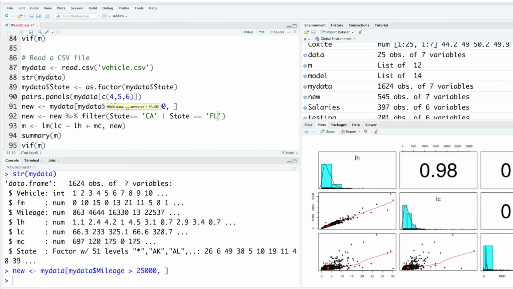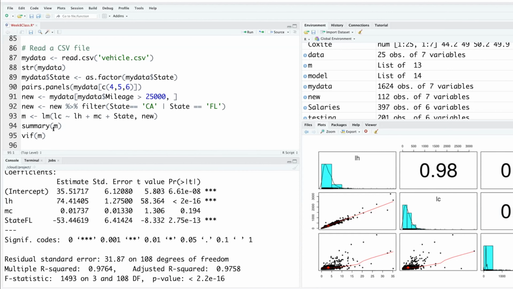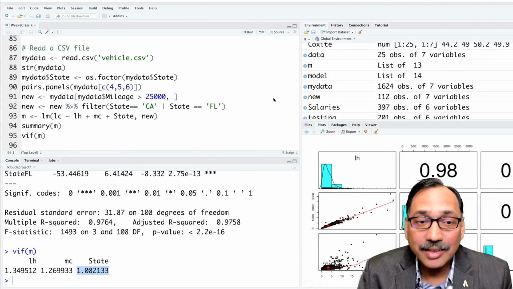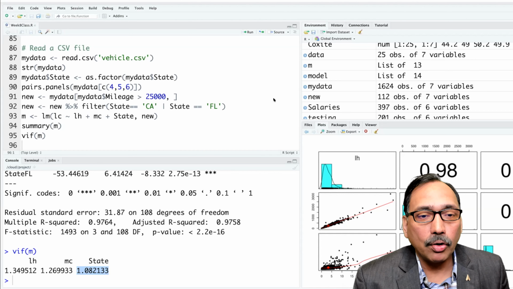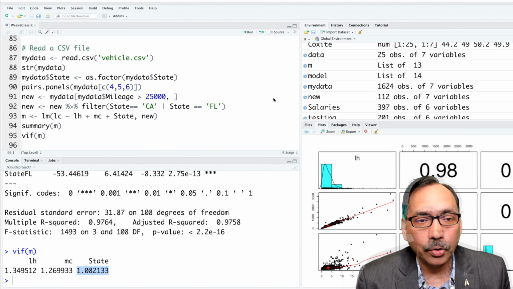So suppose we only do 2 states. Now we do plus state. You can see now state is also significant. Check VIF. So although state is a factor variable, we can always calculate VIF easily. To answer your question, does it work only for continuous variables? No, it can work for factors too.